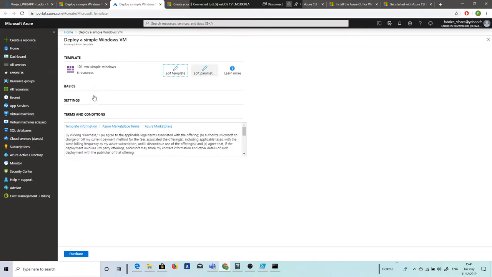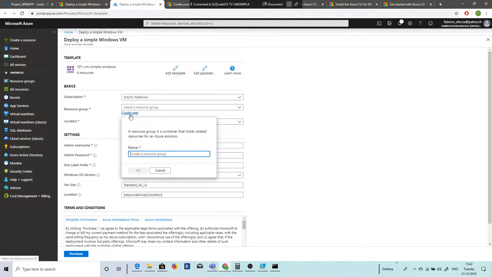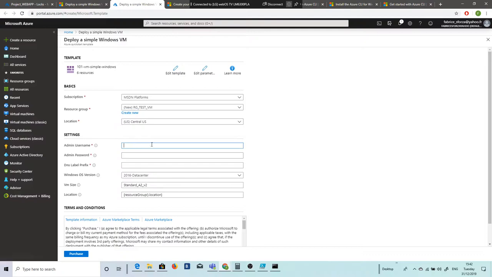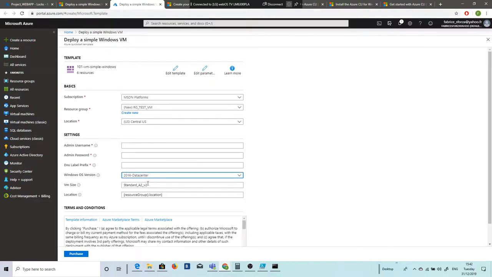So here I can see information about the subscription, the resource group. So for example, if I want to create a new resource group for this new VM, let's say I want to create, for example, RG test a VM. After, I just have to give the username, the admin password, the DNS label prefix, for example, and information about the OS version here. So I can really choose, for example, this one, 2016 Datacenter, the size,